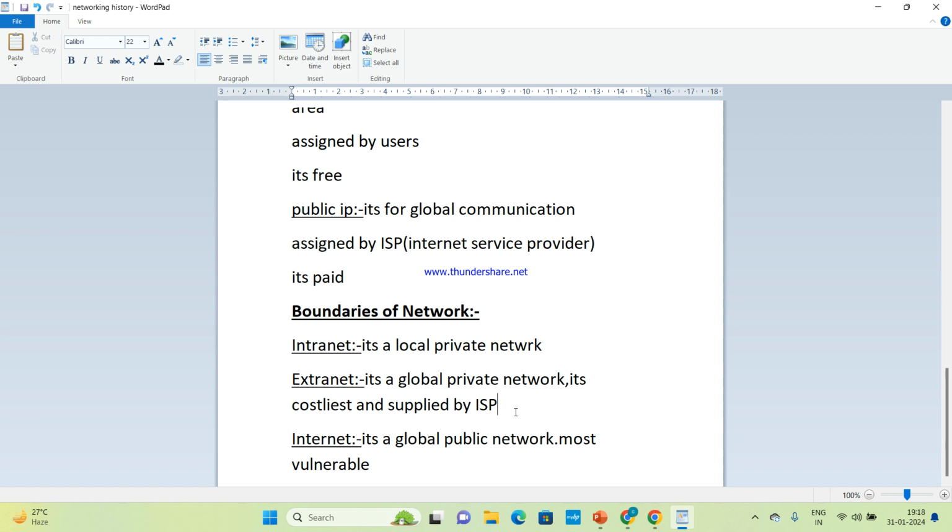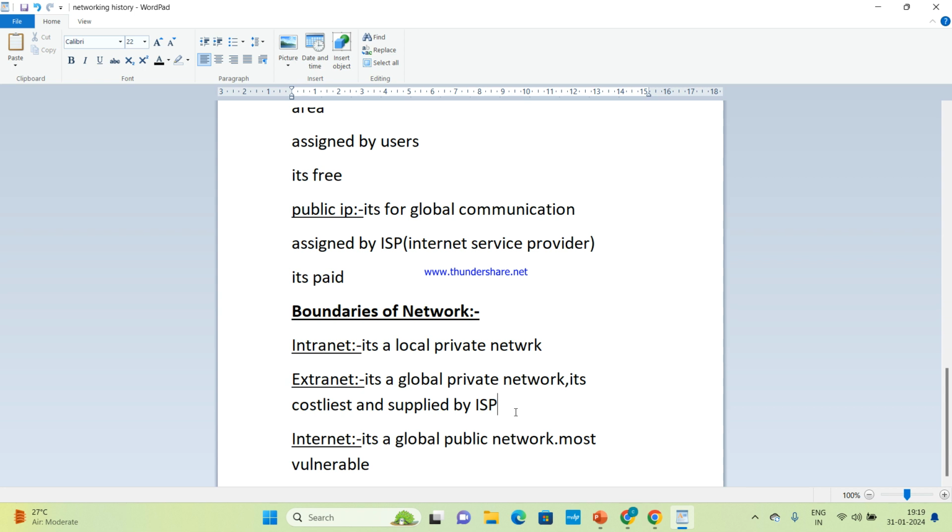They cannot use internet because it's vulnerable. Do companies use this? Mainly banks, or big companies like Amazon or Microsoft. Clear?